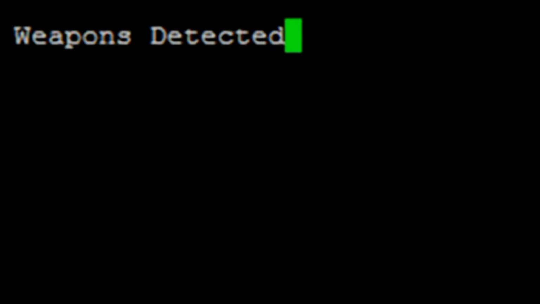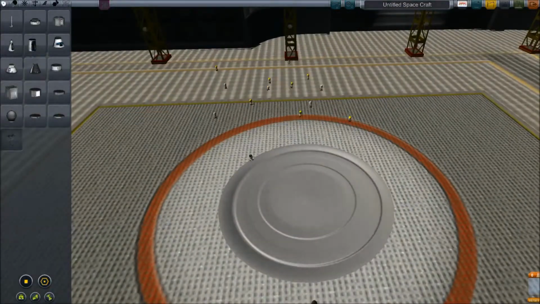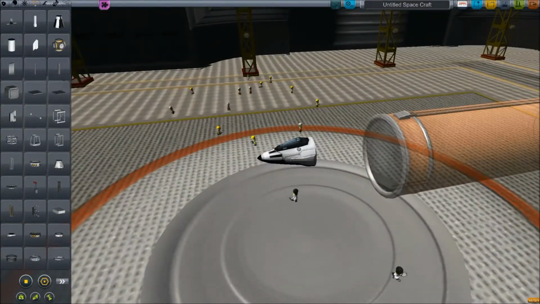Uh-oh. Launch detected. Weapons detected. Already? Oh dear. So they sent something up, and they're probably trying to get our satellite. So let's go in here and build